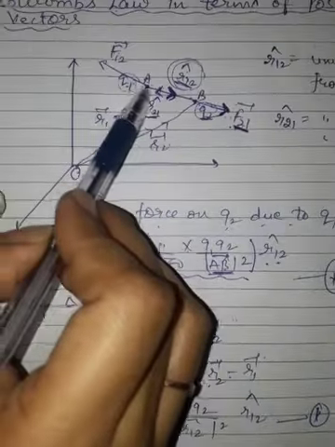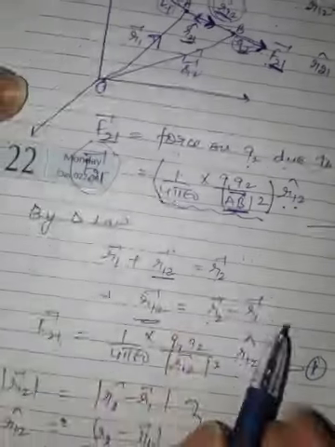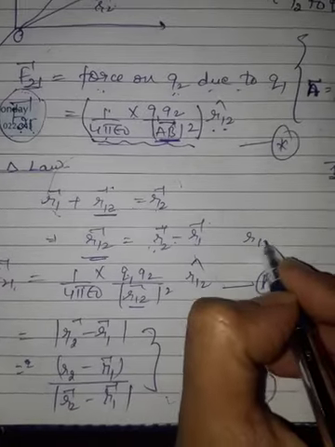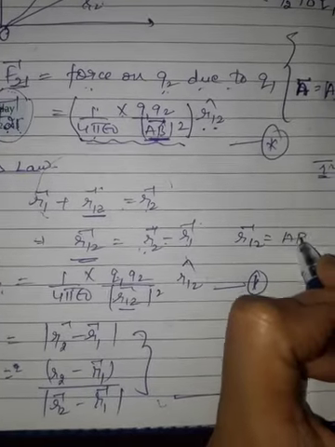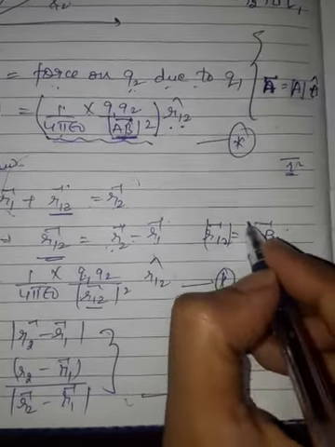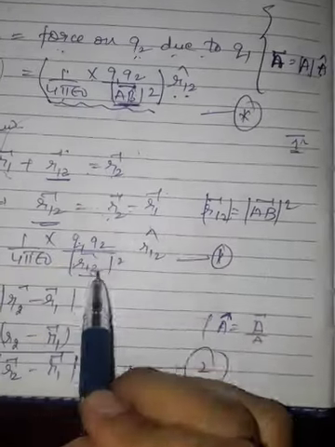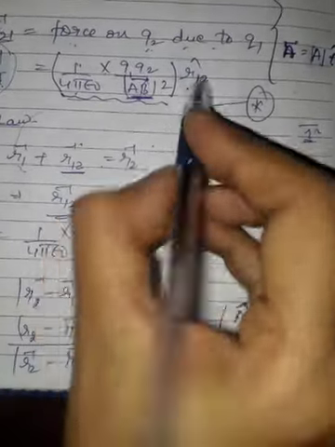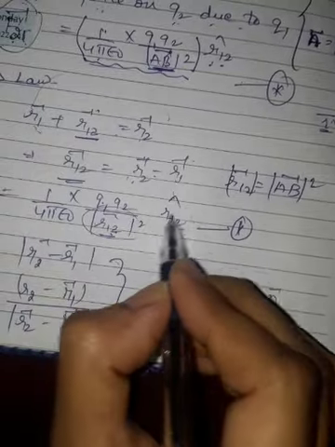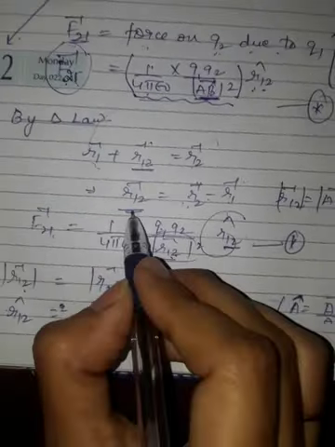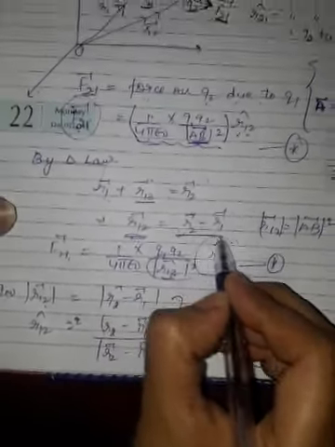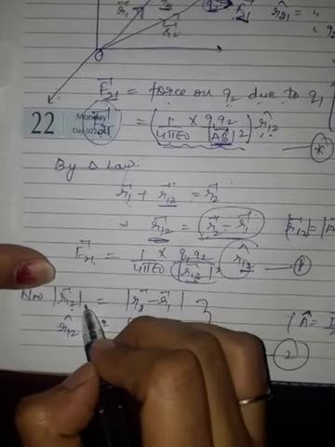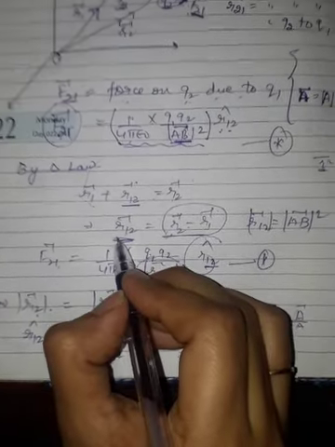AB is a vector from Q1 to Q2. So this is R1. Let it be R12. So what is R12? AB vector. Okay. This is the magnitude. Magnitude square will come. Okay. Now this is the unit vector. Put these values. See here. What is R12? Just now we have calculated it from the triangle, R12 vector. Magnitude is, this is the